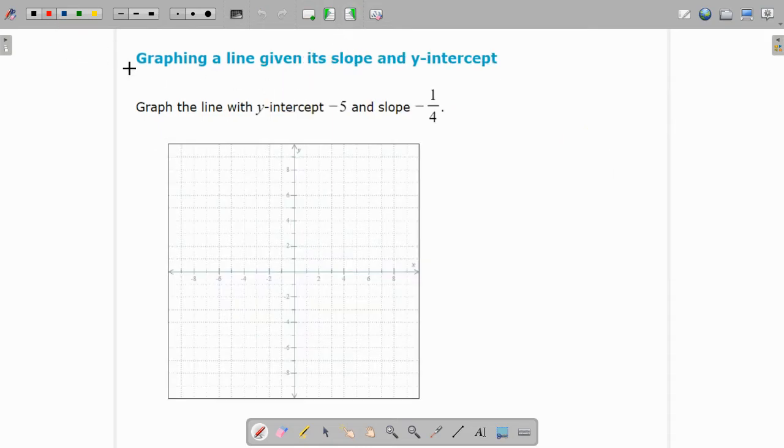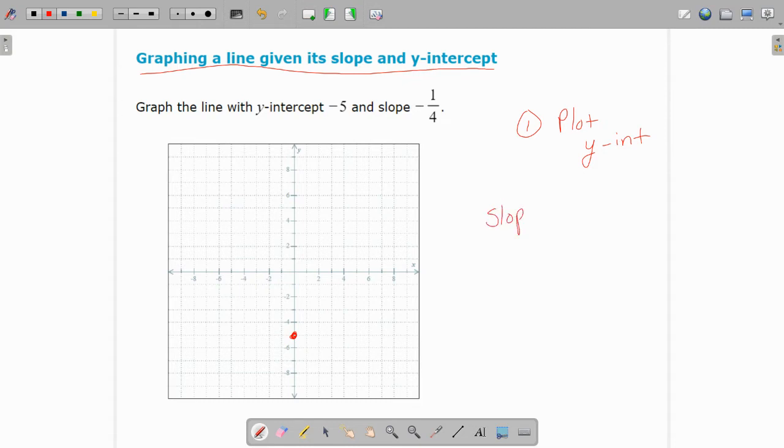Now, next one is graphing a line given a slope and y-intercept. So we plot the y-intercept. So I'm going to abbreviate a little bit here. So plot your y-intercept. So the y-intercept is -5. So you plot the -5 on the y. And you'll have the tool again in Alex. And then this slope is